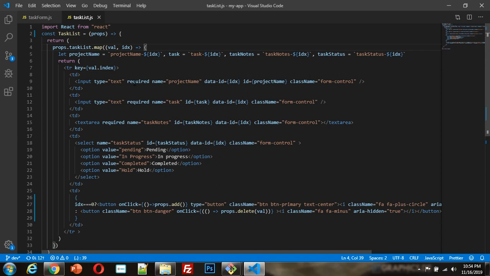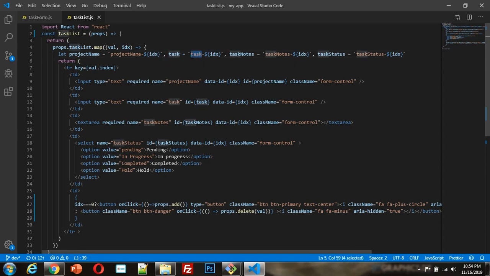Here it is an id. So I just created another variable with the let keyword. I created variables for project name, which is concatenated with the idx, and task, which is concatenated with idx.